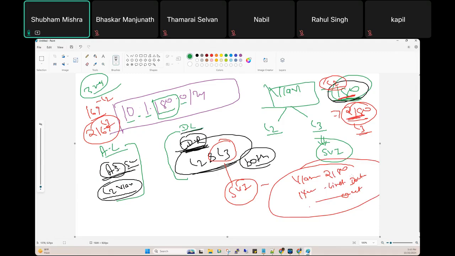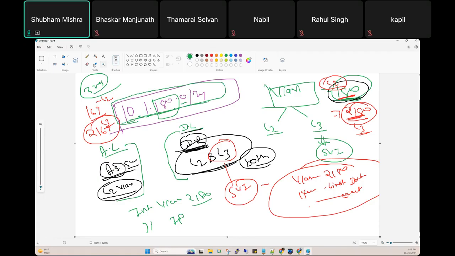For example, for this VLAN, you can go into global configuration mode and write interface VLAN 2180, and here you can assign the IP address. What IP address can you assign? Who can tell me? Can I assign 10.0.0.1 here? The answer is no. Guys, every time you have to assign an IP address from the same network which you assign to LinkedIn. Do you understand?